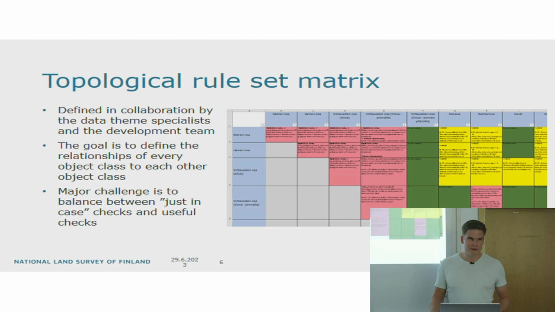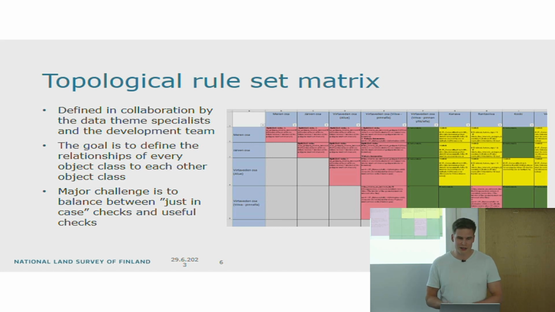And this has been defined by us, so the development team and the data team specialists, and in the NLS we have, I think, 7 or 6 data team specialists, so they are people who really focus on certain themes like hydrographic, terrain or road links and stuff like that. So with this